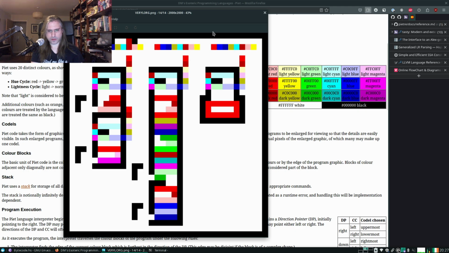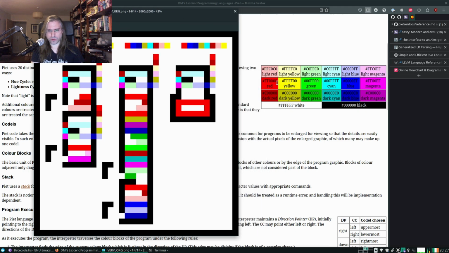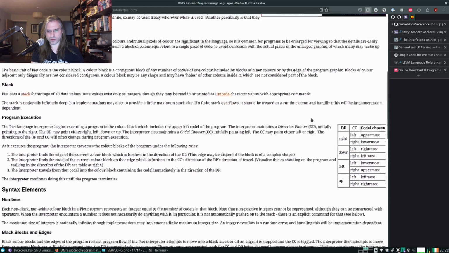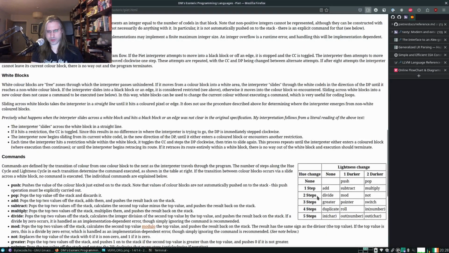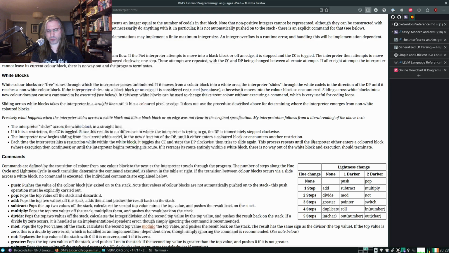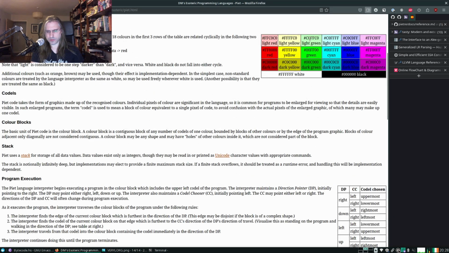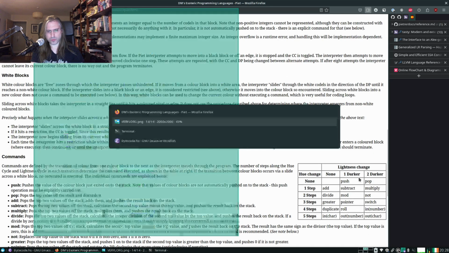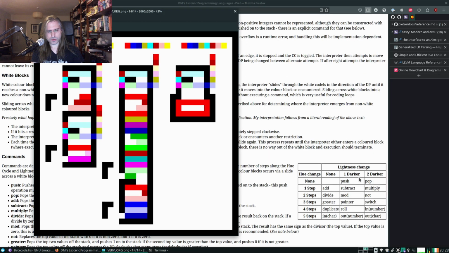That's 1, 2, 3 in hue and minus 2 in lightness. So that's 3 steps in hue, 2 darker. That's the switch instruction. Okay, so that's the one that tells us either continue on the left or go to the right. And if we're going to the right, we are going from light green to dark green, which is 2 darker, which is a pop.